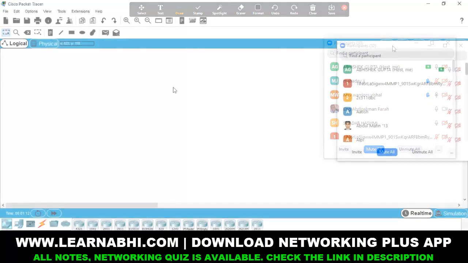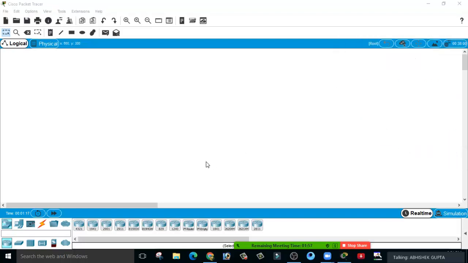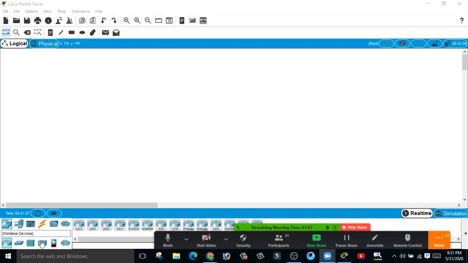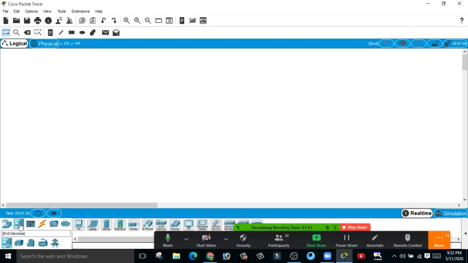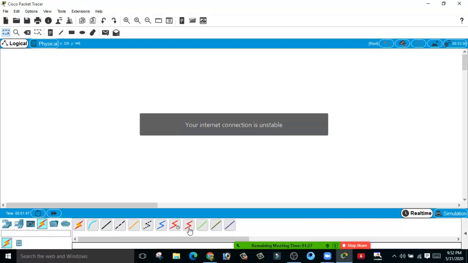So this is Cisco Packet Tracer, and here we're going to do all the practicals. We're going to learn everything. The best part of this application is that you can see all the devices are available. Here we have router, switch, hub, wireless device, firewall, WAN. Each and everything is available. If you go here, you can see there is a PC, laptop, server, printer, and here we have different cables. Each and everything you can choose manually.